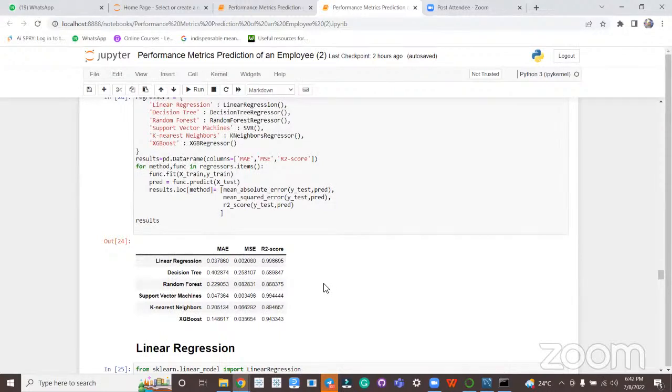Just to show you that these are the results. The R2 score that we are looking at here is 99% for linear regression. But at the same time, the mean square error is also very low. We needed to be a little cognizant or careful with using this model because it is kind of overfitting.